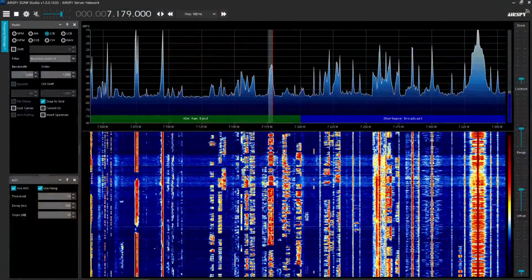Hey, what's happening, you guys? I've been meaning to do this for a while. When I have the Spyserver running, it's kind of handy because I don't even need to turn on the radio. So a lot of times I'll just log into the Spyserver and have a surf around. And what you see right here